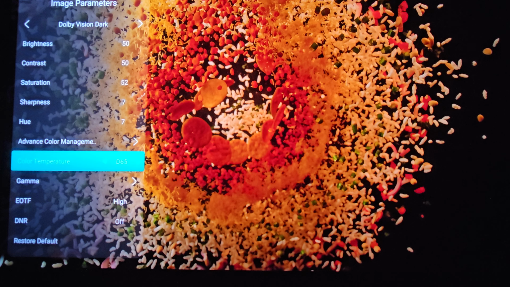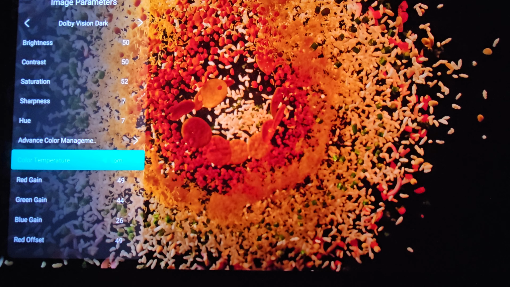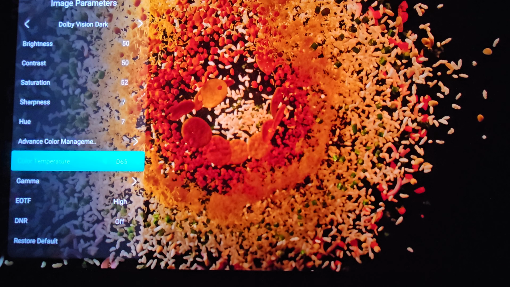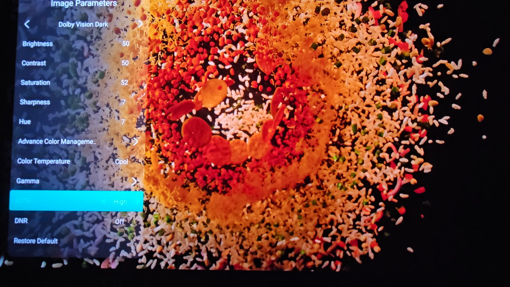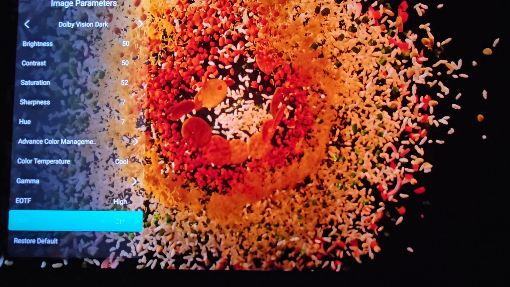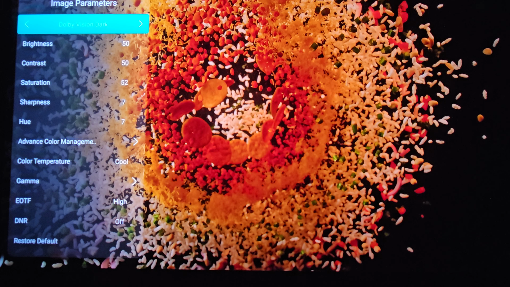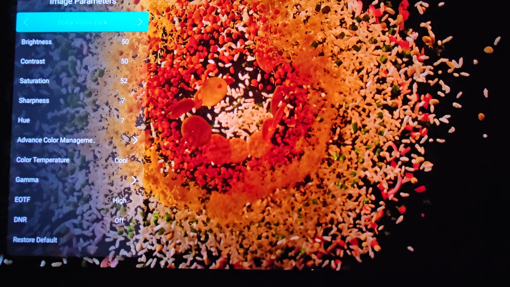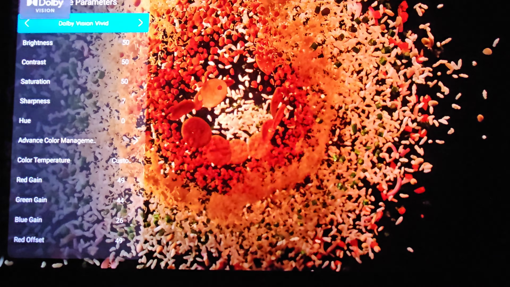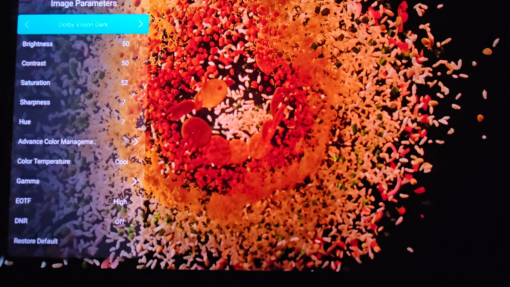So this is cool. You can do 65, or you can do custom, where basically you can change all the gain settings as well. I'm not going to do that. I'm going to keep it as cool. EOTF is high, and everything else, I think we're good on dark. Go to vivid again. So due to game mode, it's going to do that. So I'm going to go back to make changes on